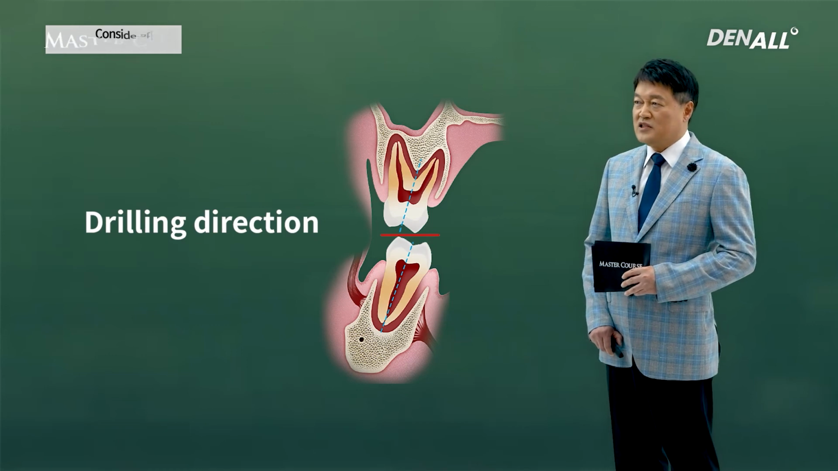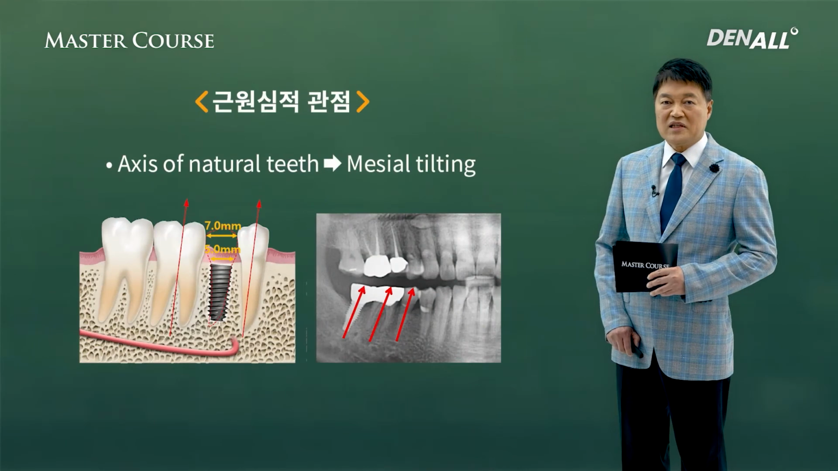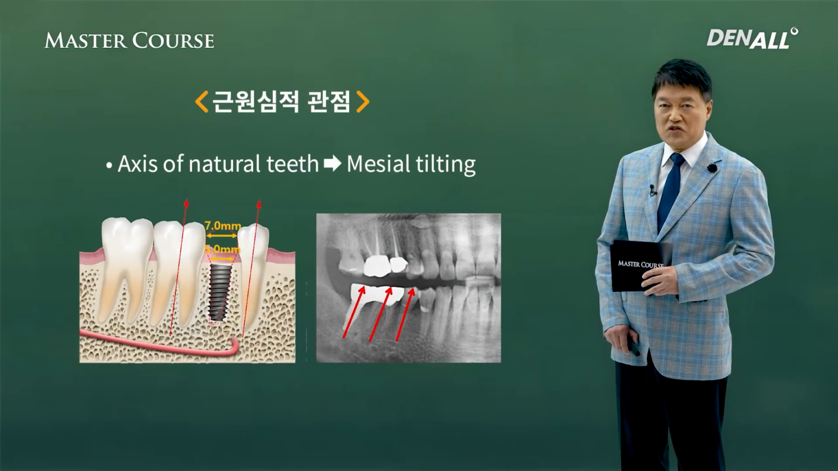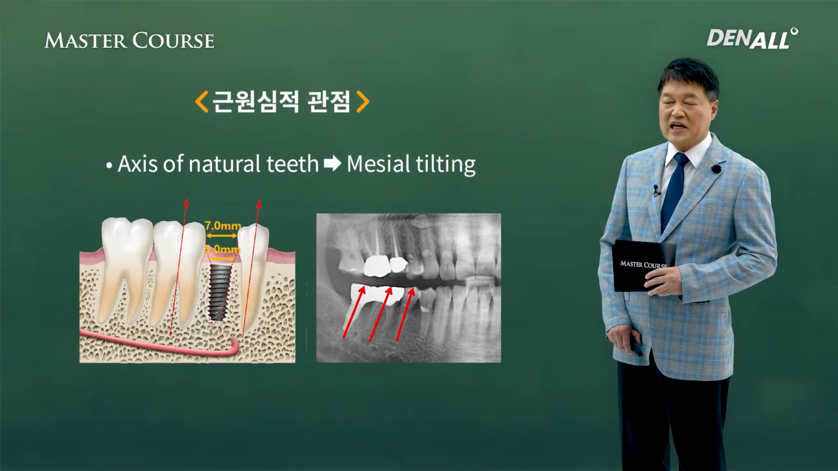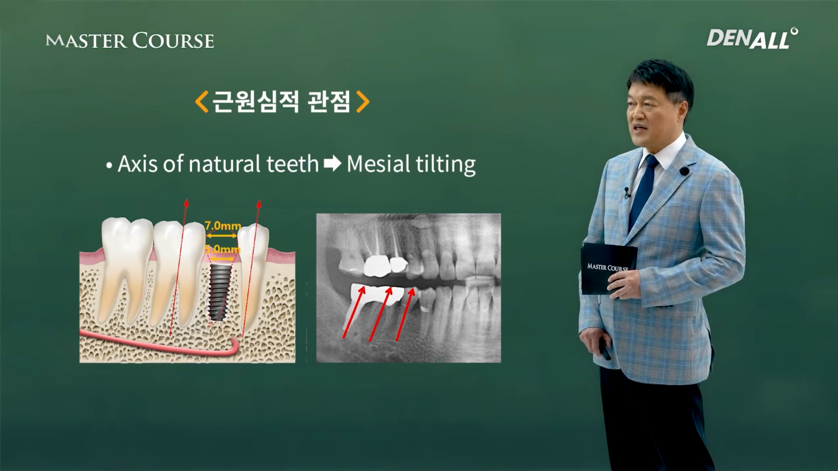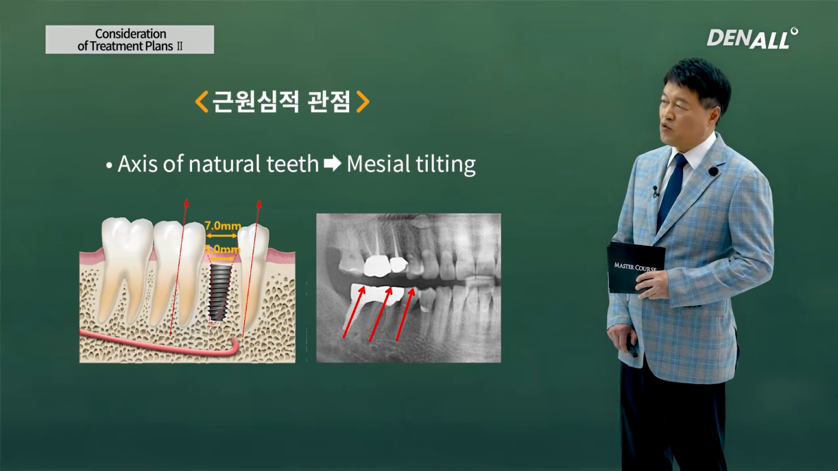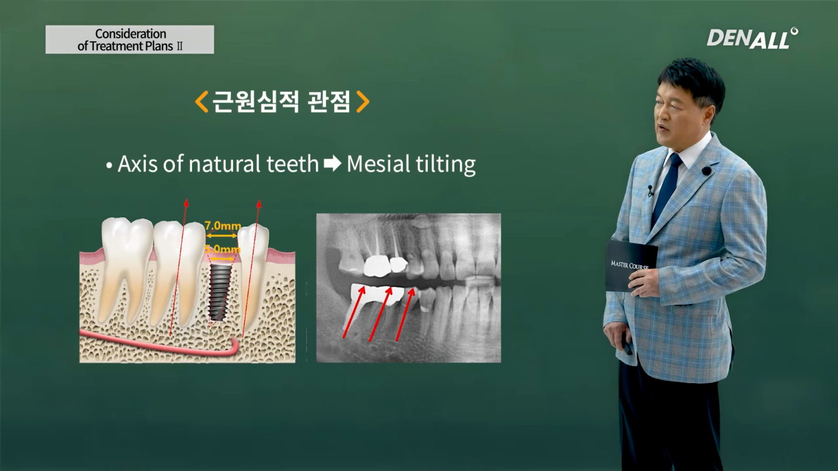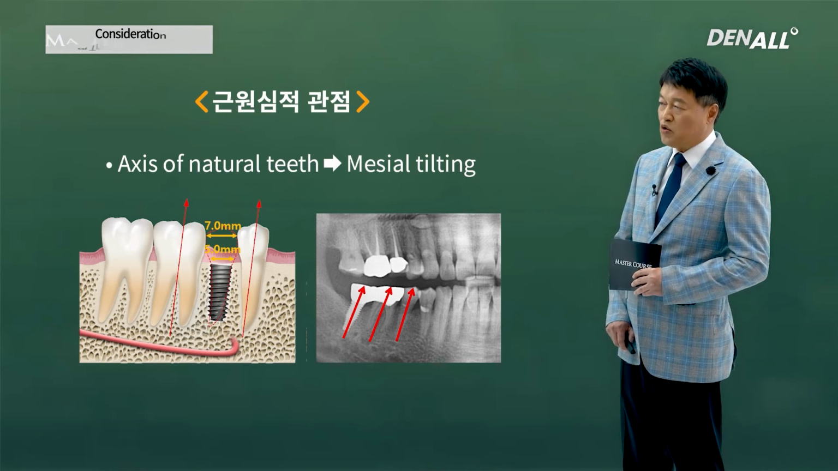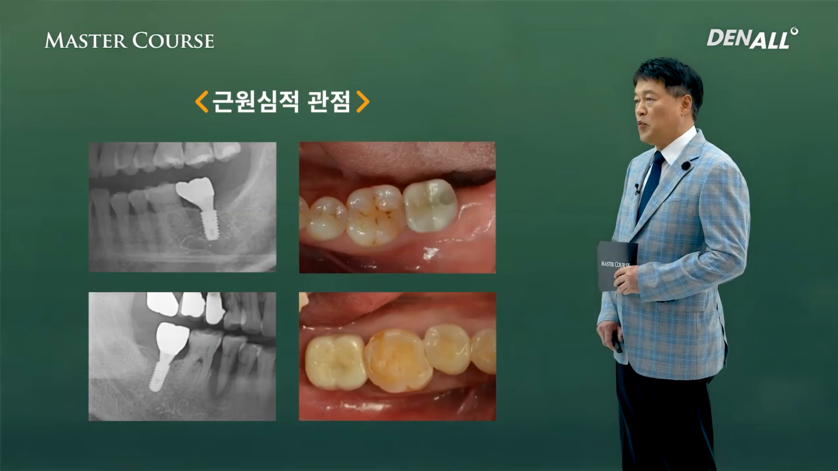Let's look at buccolingual placement, position and angle. Drilling direction should be considered from a mesiodistal and buccolingual perspective. In general, mesial tilting is required to resemble the axis of natural teeth. The placement angle needs to resemble adjacent natural teeth, so you need to get that angle. As you can see,